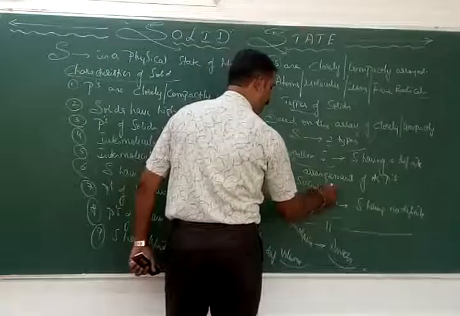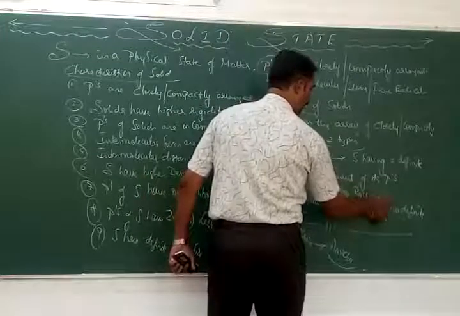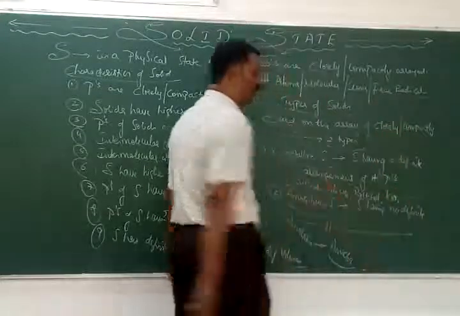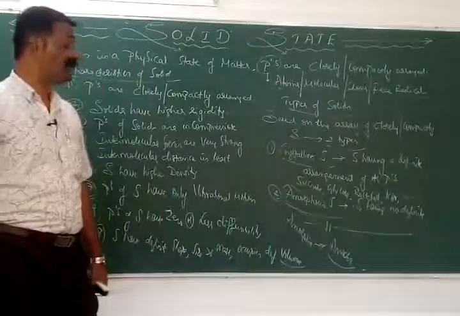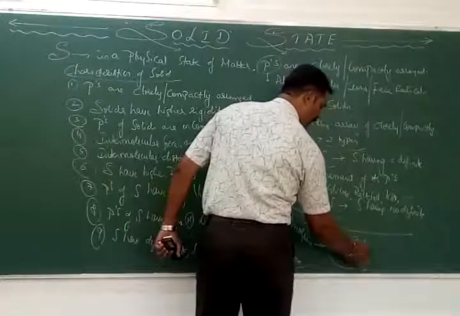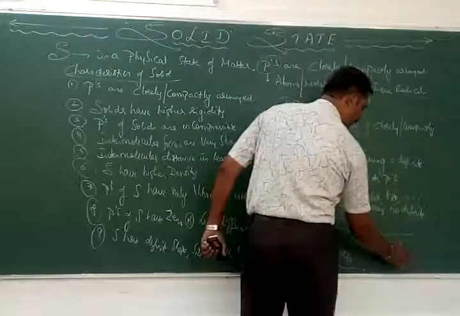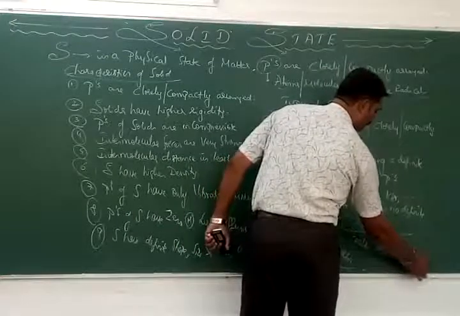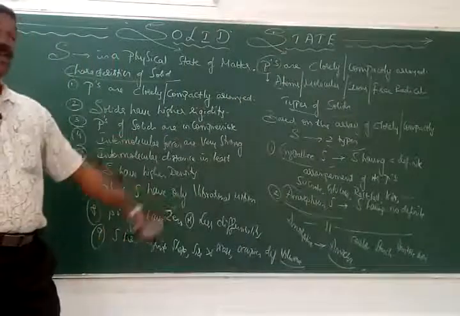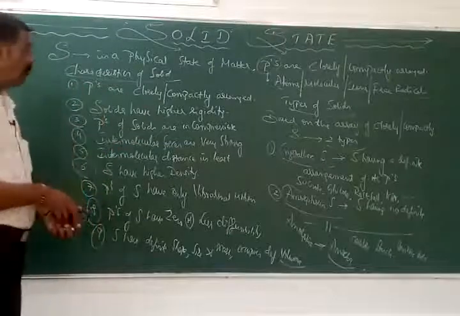Sucrose, glucose, rock salt, potassium bromide, glass, etc. All these are the examples with respect to which one? The crystalline solids. Cellulose, starch, benzoic acid, plastics, what are these? They are the examples with respect to which one? The amorphous solids.